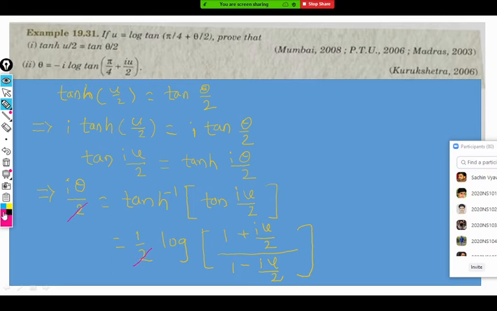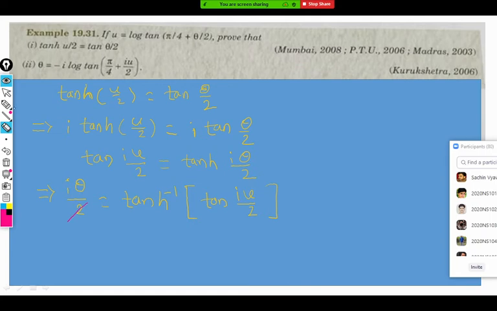Okay, let me see here what we have then. We get theta equal to this. Sir, please repeat this step again. Second step, instead of x it should be the whole tan iθ by two, right? Yes, my mistake. Very good, you are correct there. Here this is theta, tanh inverse of x. This is x now, so this is my mistake. I will correct it. This step is not correct.